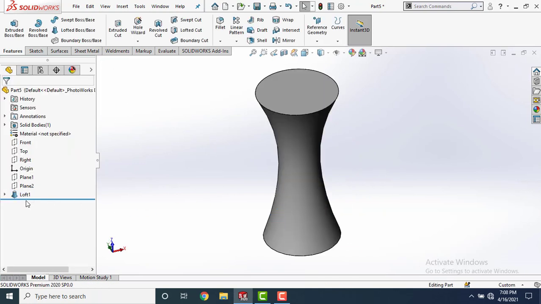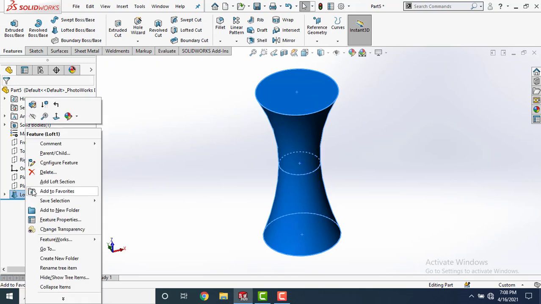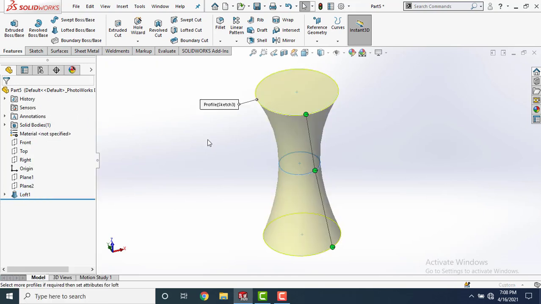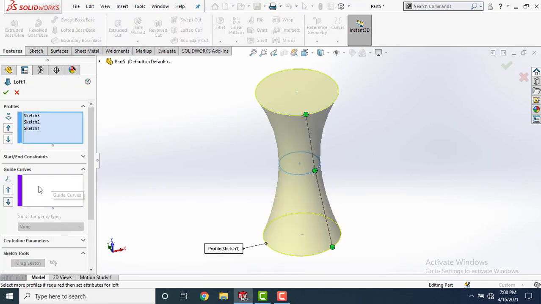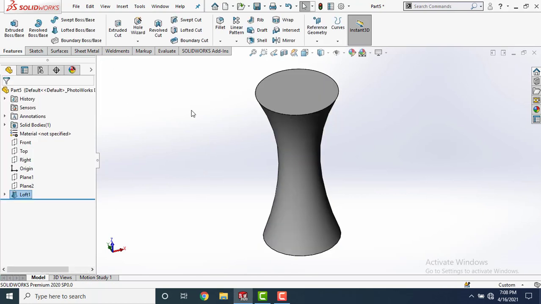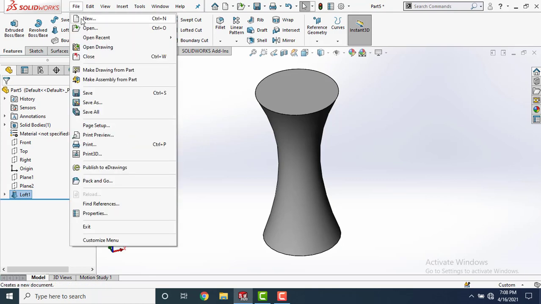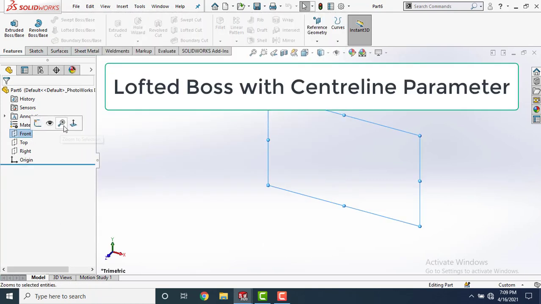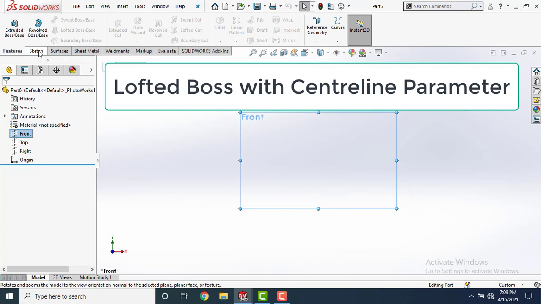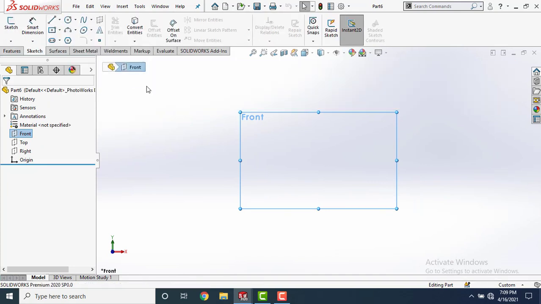There are some more options inside lofted boss feature. For this I am going back. There are 2 more features available here. One is guide curve and other is centerline parameter. We will see how we can use this option to make the lofted boss feature. To make you understand, I will draw another sketch. Let's select a plane. Make it normal to, go to sketch, select line,